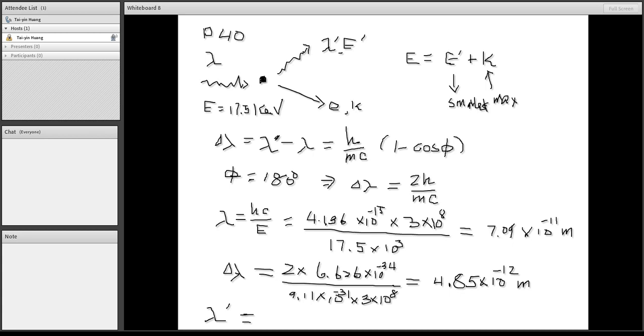So your lambda prime is the original, or incoming, wavelength plus the Compton shift. When you add this together, your outgoing wavelength is 7.575 times 10 to the negative 11